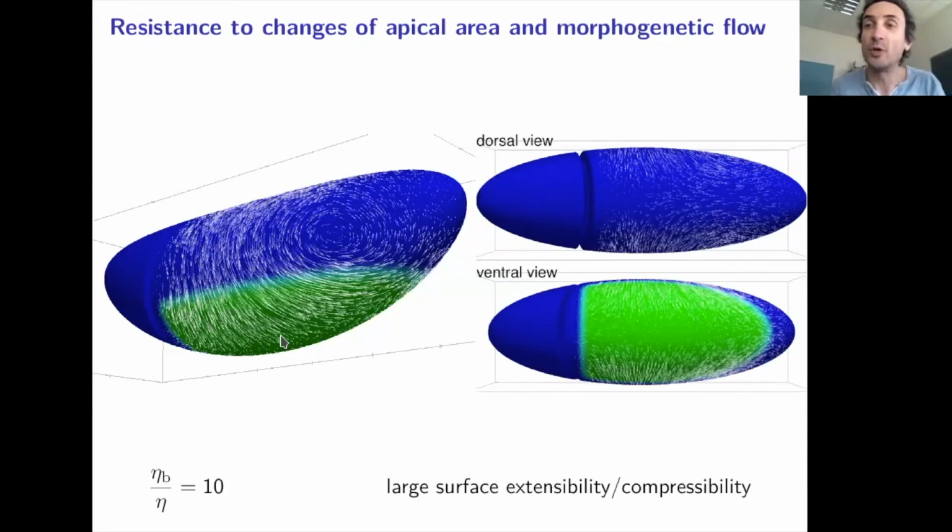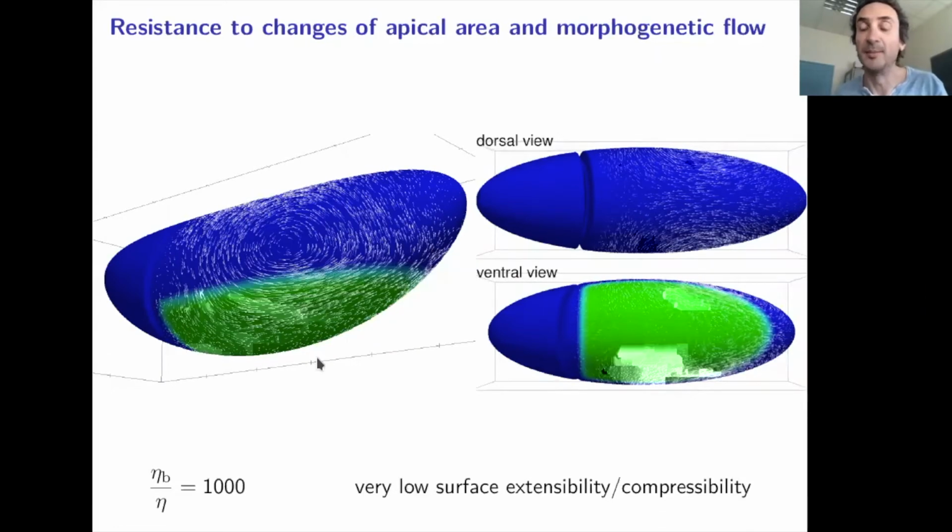So if you have no resistance to variations of area on the surface, what happens is that the whole of the material flows towards this ventral side, but can compress, and there is nothing to prevent it from contracting along this dorsal ventral direction, and nothing to promote the flow towards the posterior here. Whereas if you have a second viscosity, then there is some cost of doing that, and you'll have a flow which is going towards the posterior of the embryo, because you have a cost for varying the area